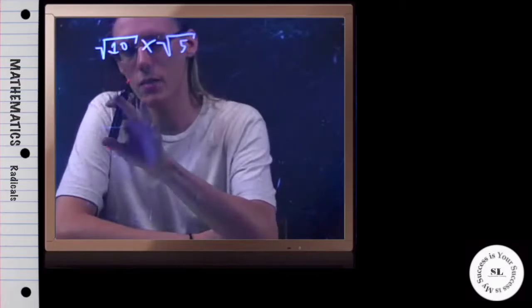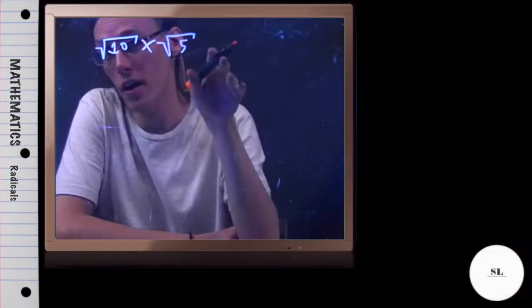Alright, now in this example, we're asked to multiply and simplify the following. The square root of 10 times the square root of 5. So if I look at this, it's usually easier to simplify before I multiply, but there's not really much I